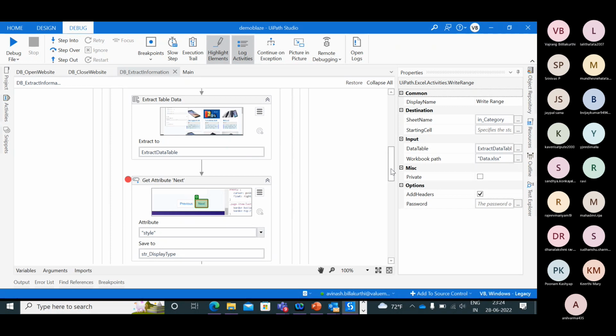Come on. Even first, it must click on next and go to the next page, right? To extract the data, that's what you mean? But if you click on next page in the beginning, then the first page will not be extracted. So you need to extract the first page, click on next, and see if the next is available for the next page. It should continue till it finds next as display none.